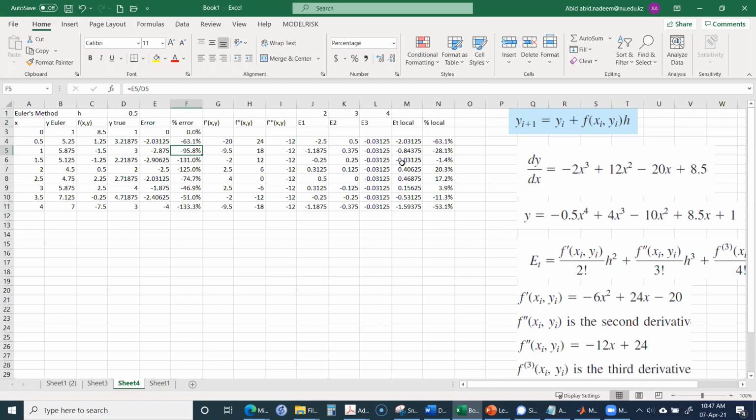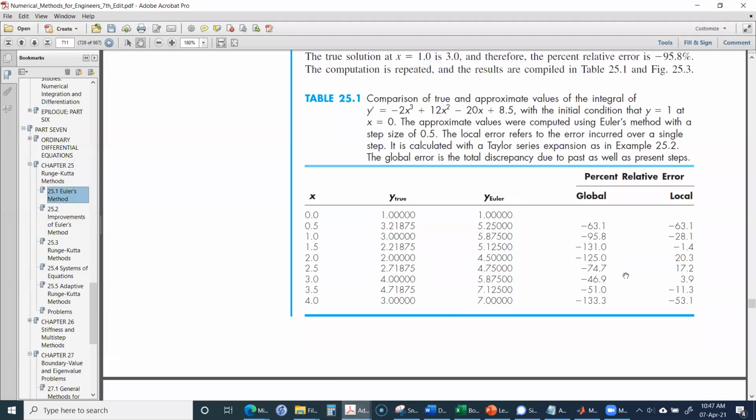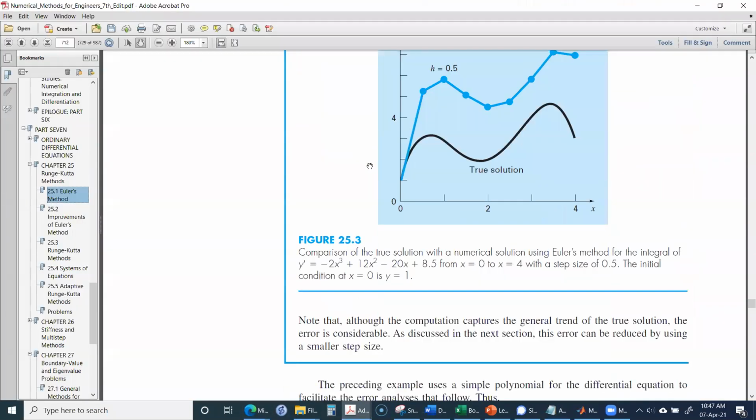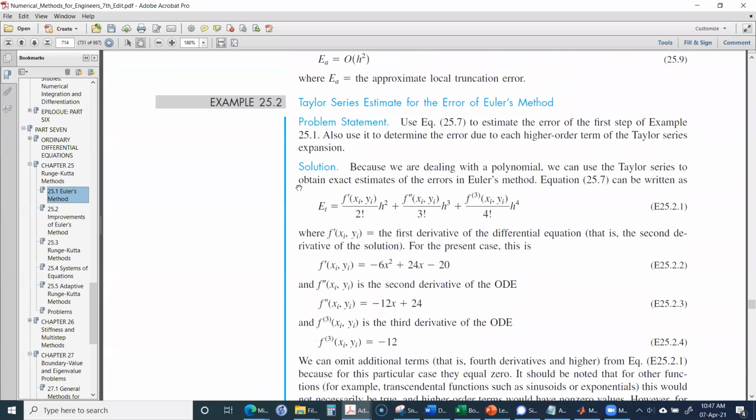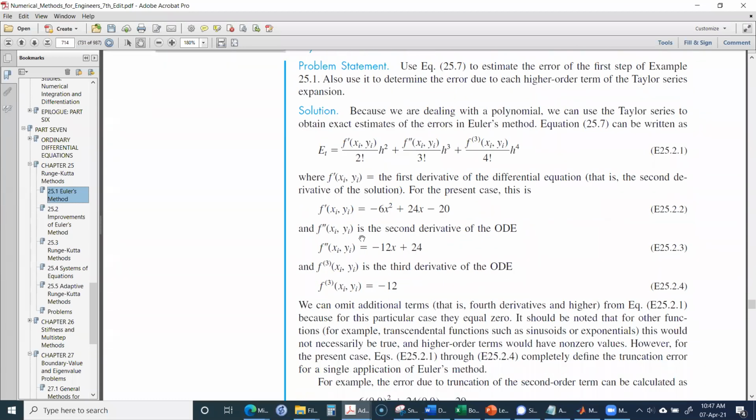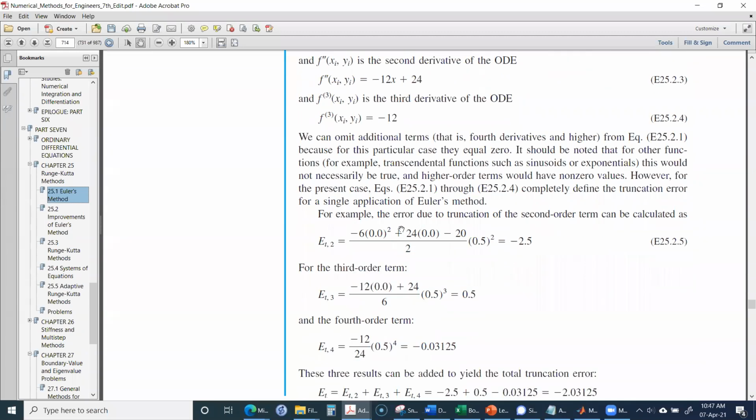So the global error is the sum of this local error, and then like that, okay. So here in this way, then we have found out the local error. So if we look at again this example 25.2, so this is how they have found these